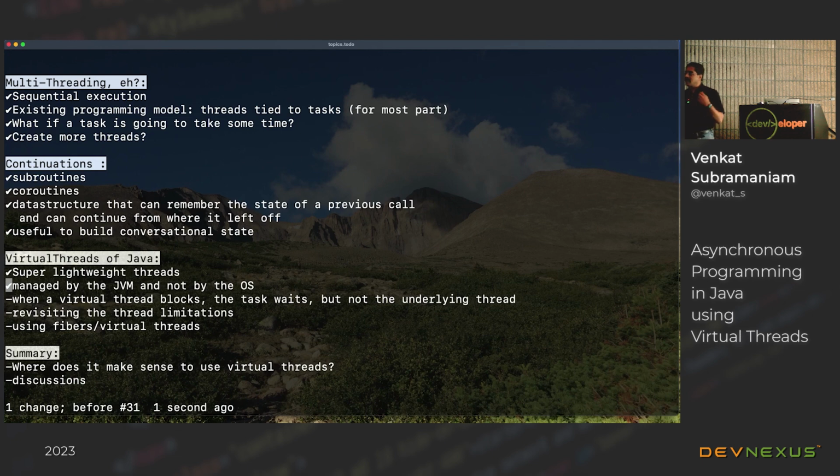So as a result, they become really non-blocking. So when your task is blocked and waiting, your thread is non-blocking and they can go around and do other things. So having said that, in this case, when a virtual thread blocks, the task will wait, but not the underlying thread.